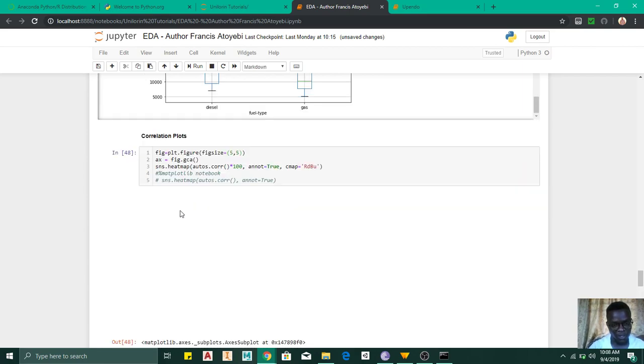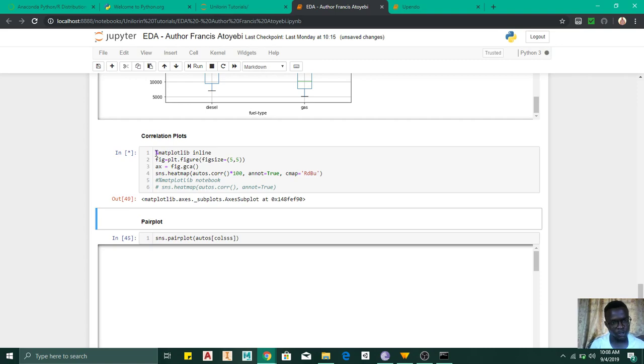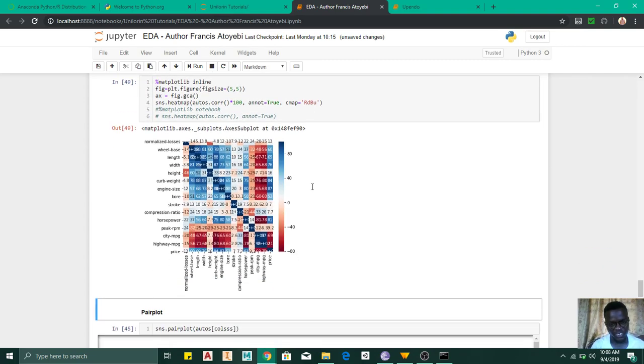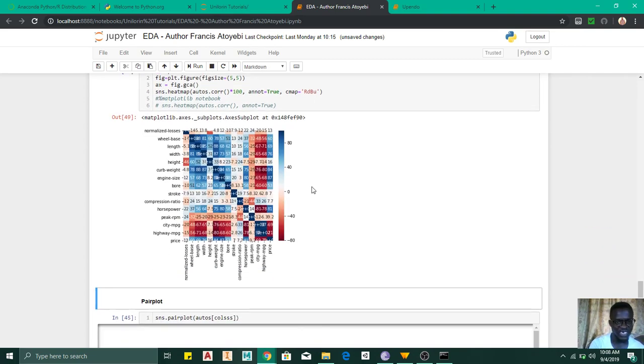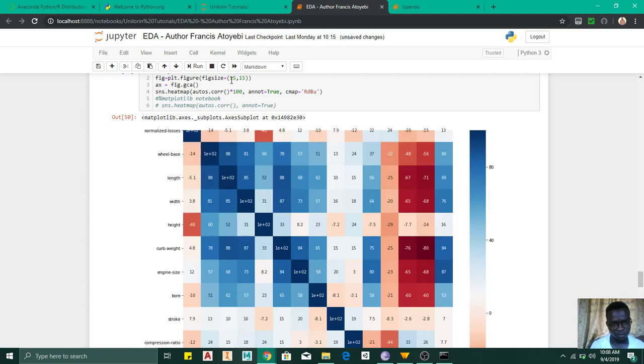Let me run this. I'm putting my matplotlib inline line back in place. So it's meant to return, as you can see, this is small and the text in there is still jam-packed. So I'm going to make it 15 by 15 and we'll see what happens. Yeah, so the plot is bigger,